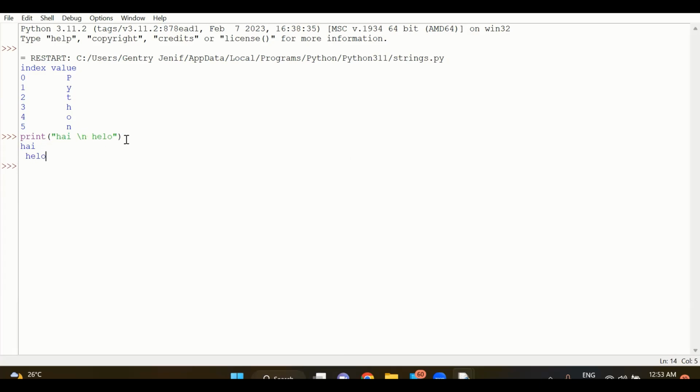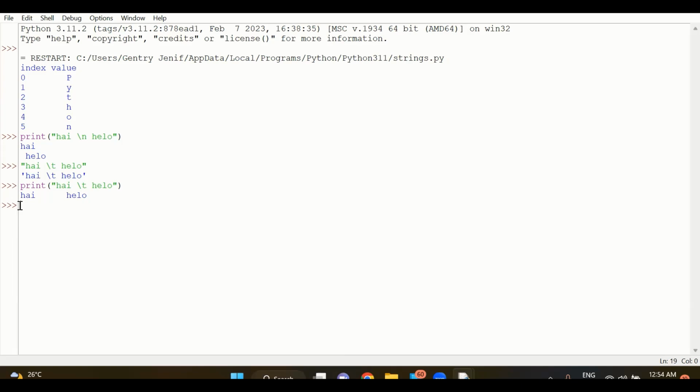If you want to give a tab space, you can just modify the same thing. Take the same thing, and instead of the new line, if you want a tab space in between, you can say slash t. It is giving a tab space. Similarly, for displaying output in some other different formats, you can make use of